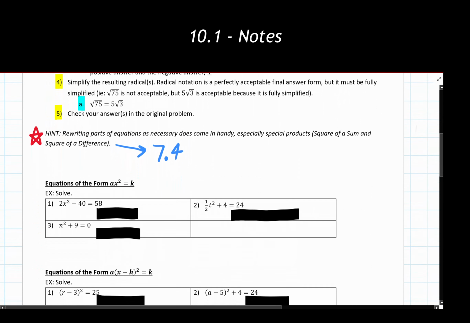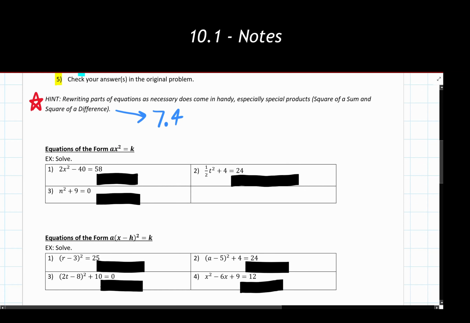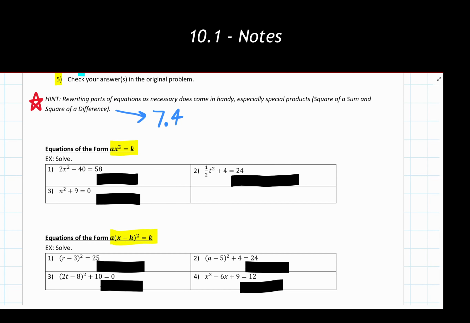Now for our examples, we have two main types of equations that we are going to primarily be seeing show up here. We're going to split these up into two chunks of equations and two chunks of examples: the instance that we have written out here, and then the instance that we have written out here. We do have some subtle differences and other variabilities, but these are by and far the two main types of equations where extraction of roots, or the square root property, is going to come into play. So let's go ahead and take a look at some of these.